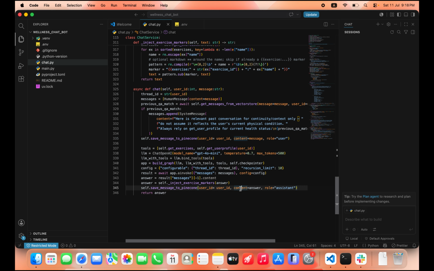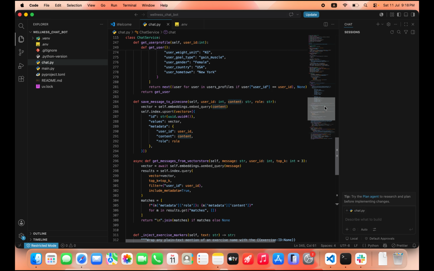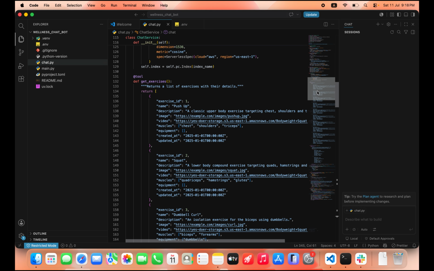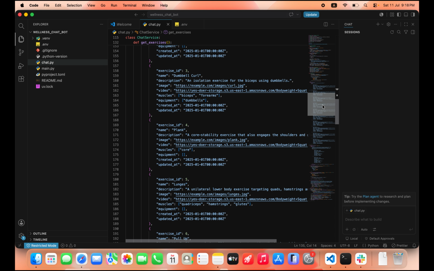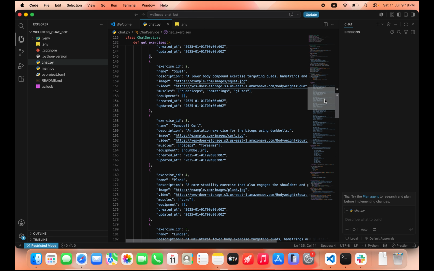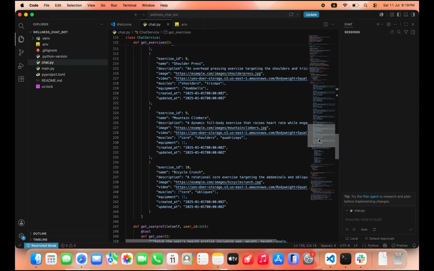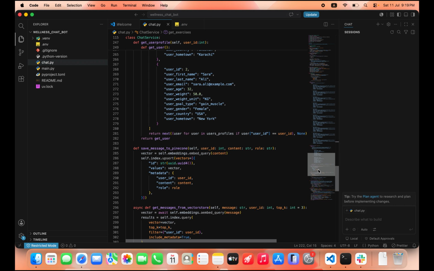So when the LLM runs, it will check, okay, the user asked about exercises. We have a get exercise tool in this. Here you can see, the LLM will forcefully recommend the exercises to the user from this array. Right now it's only 10, but you can add more exercises on the production side. Definitely, it's just an example. So yeah, we have 10 exercises, and our LLM will recommend from these 10 objects simply, and